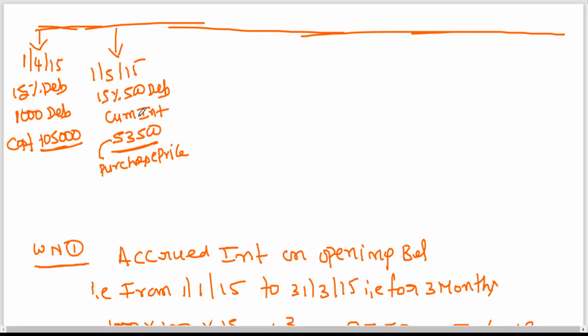Paragraph wise, this timeline is not a must. Please remember, this is not required. Only for you to understand it in a better way, I am writing it. If you are comfortable without doing it, you can save time. It's your choice. But for me to explain when you are learning, I need to give you a detailed explanation. Maybe sometimes I add a few more points on the screen, or whenever I do it on the board also, generally I do the same thing.